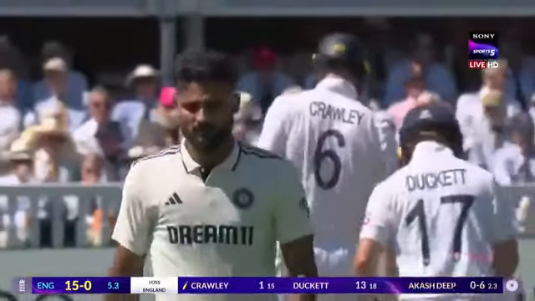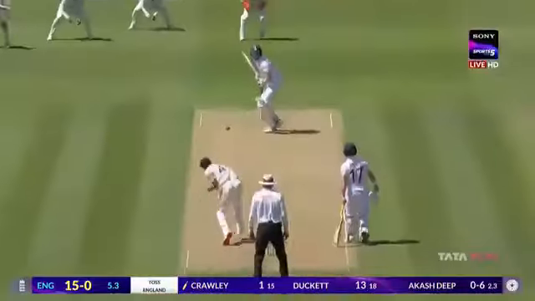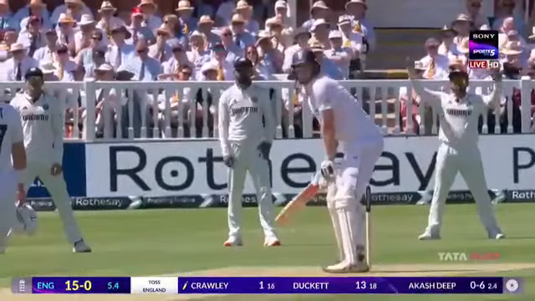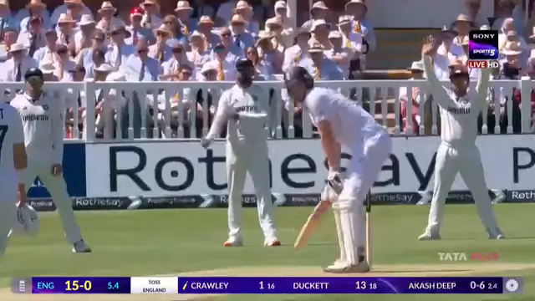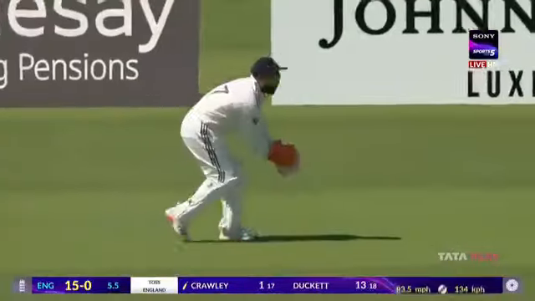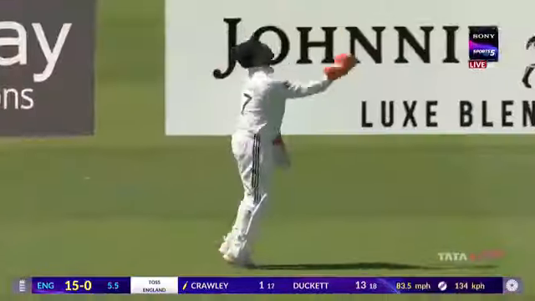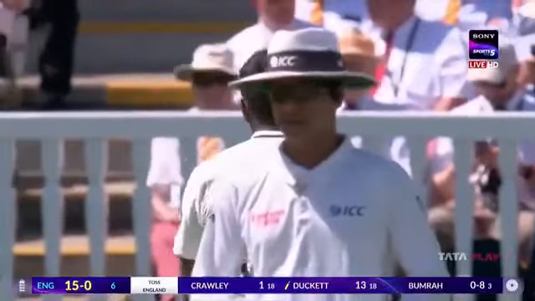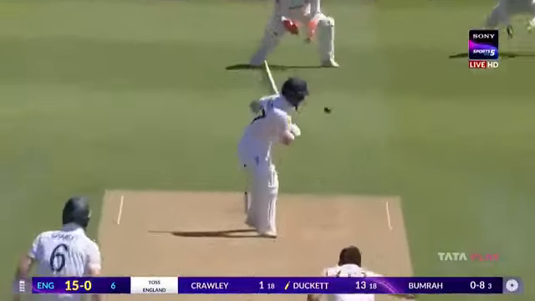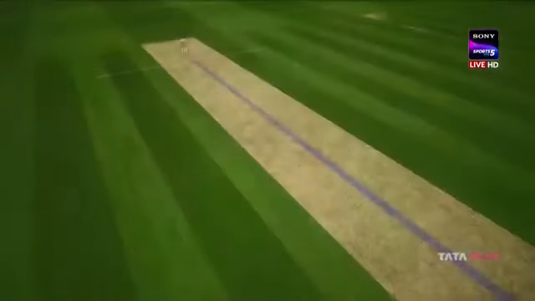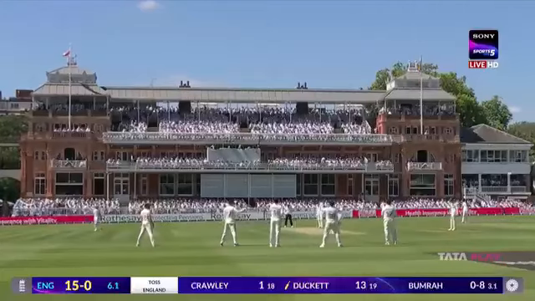Not moving from the area around off stump. Down the pitch. Trying to put... Play then one wide and up, and went for the drive, was caught at point. Washington Sundar. Oh, my word. Was going up for none. That's about the right area on this surface. To the keeper, even that last one going on the first bounce.